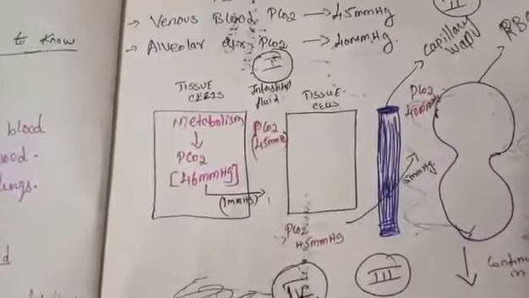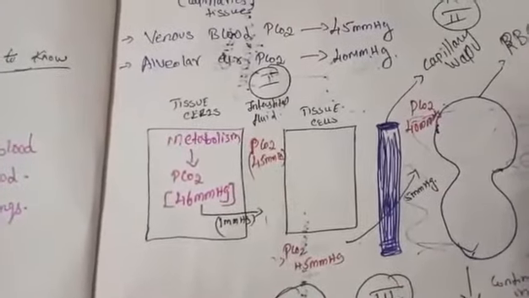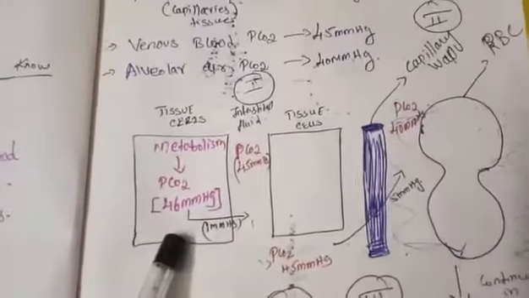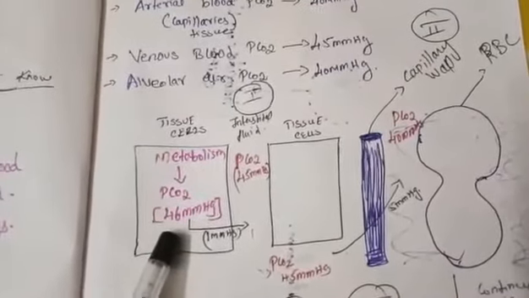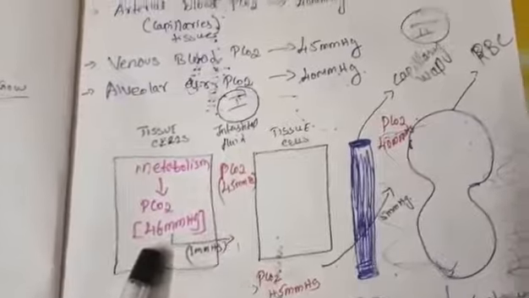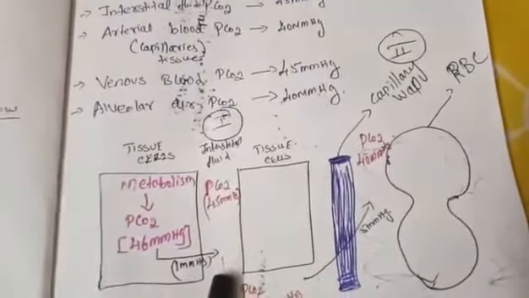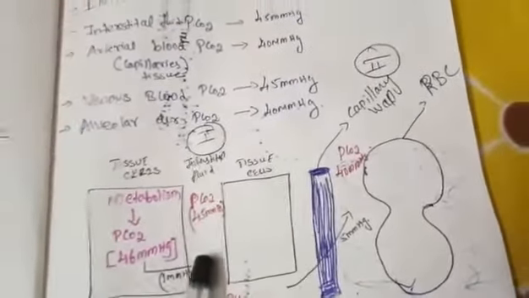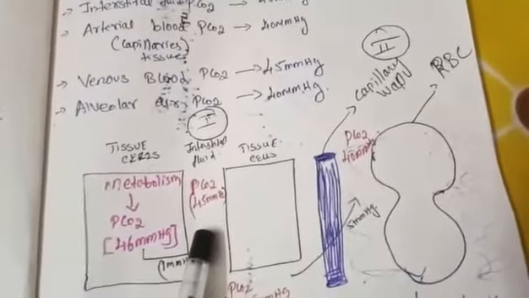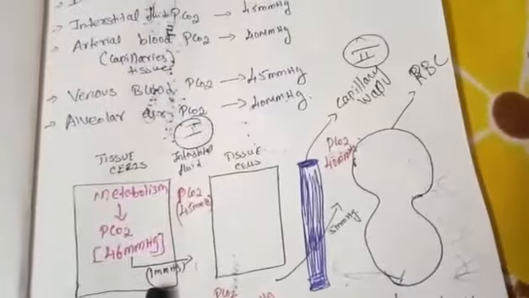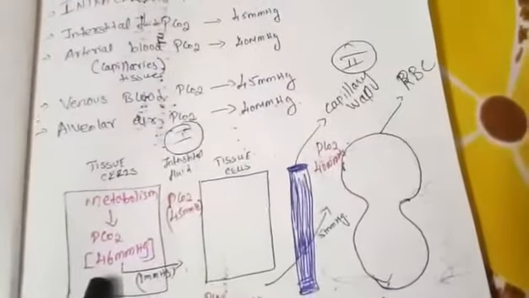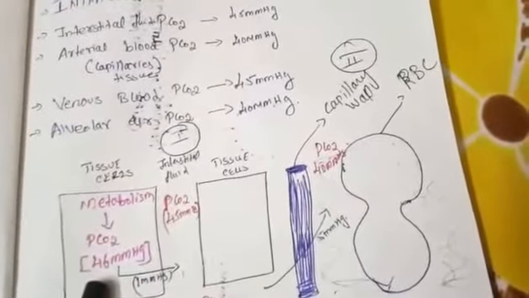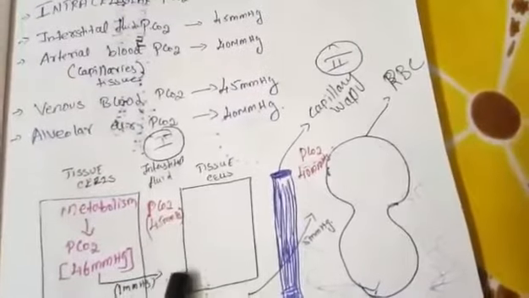So from the above concentration gradient of carbon dioxide in different regions, first we'll see this is the tissue. Here we already saw the partial pressure of carbon dioxide is 46 mmHg. In between the tissues, this space we call the interstitial space, which contains the fluid called interstitial fluid. Here the partial pressure of carbon dioxide is 45 mmHg. So the difference between these two is 1 mmHg.